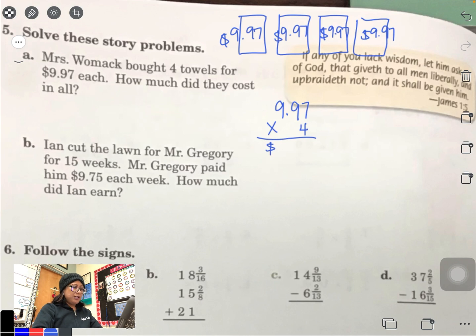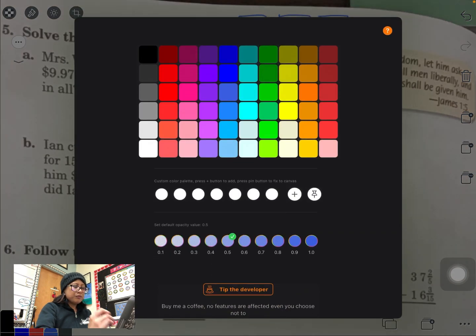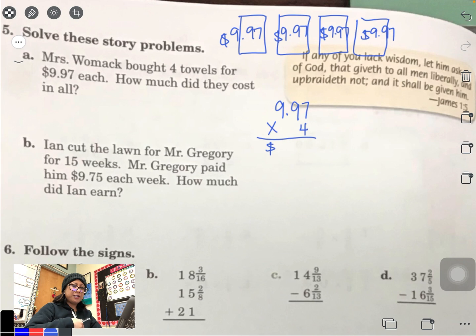Ooh, letter B. Ian cut the lawn for Mr. Gregory for 15 weeks. Wow. I'm just thinking, his lawn must have gotten very long, like every week. Mr. Gregory paid him $9.75 each week. How much did Ian earn? All right, now I'm not going to draw 15 weeks. I mean, I can do like 15 circles, like 1, 2, 3, 4. That's too much. So what I'm going to propose is that each week he's getting paid, like as you can see in my calendar here, each week he's getting paid